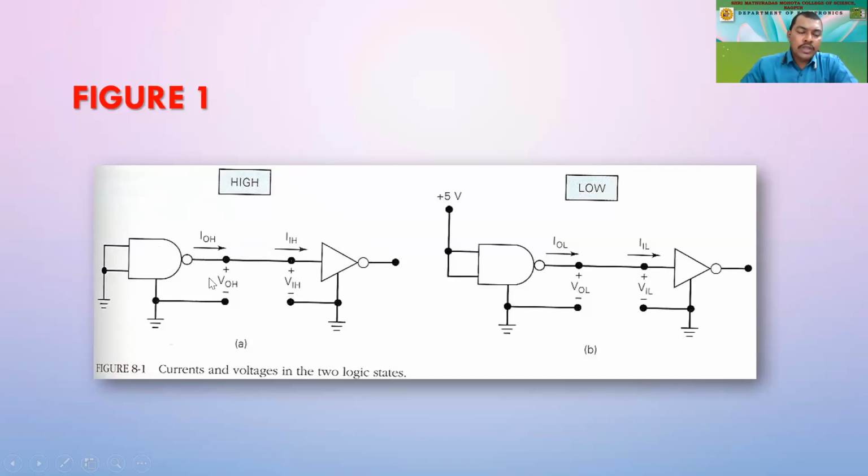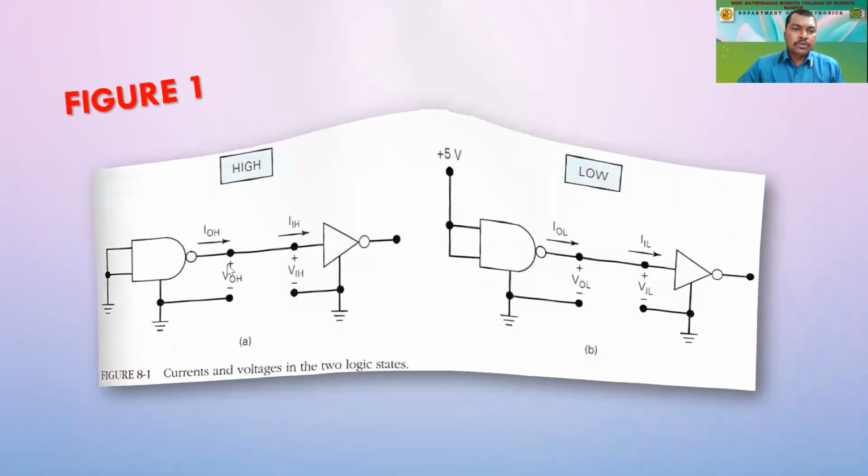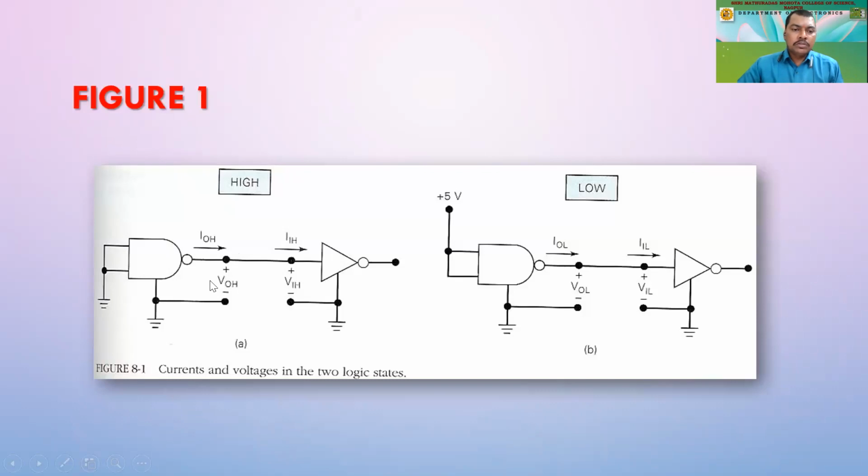Then the voltage level. So we have the VOH voltage over here. This voltage is taken across 2 points. Voltage potential is always taken in the difference form, so at 2 points we are going to take the voltage. This is the first point over there. I guess my cursor is being viewed by you, so I'm pointing that cursor over there. Here we are talking about the voltage. Voltage will be taken at these 2 points, positive as well as ground. So with respect to this ground, we are expecting the output voltage when it is supposed to be high.